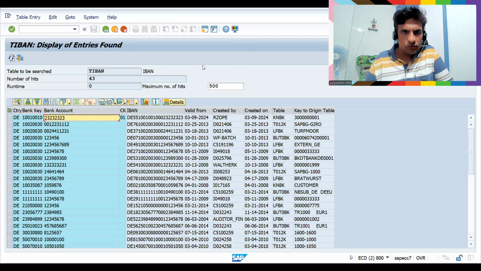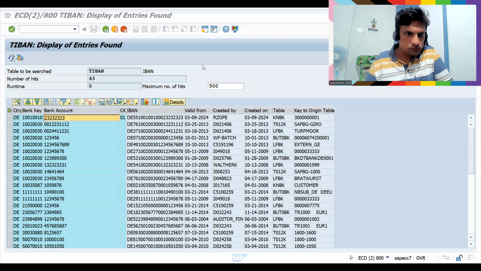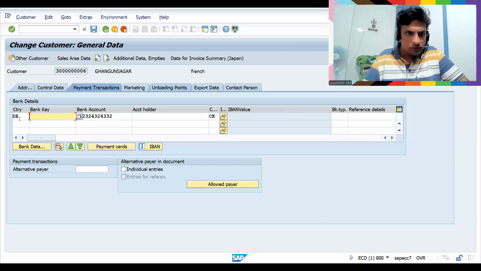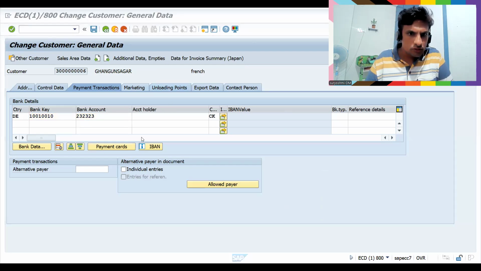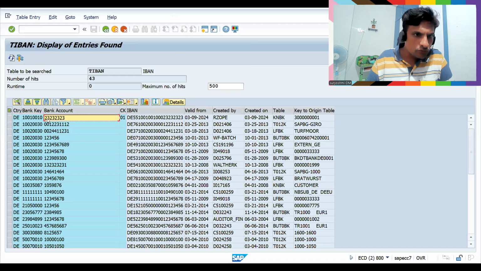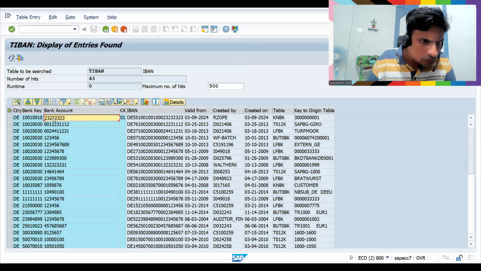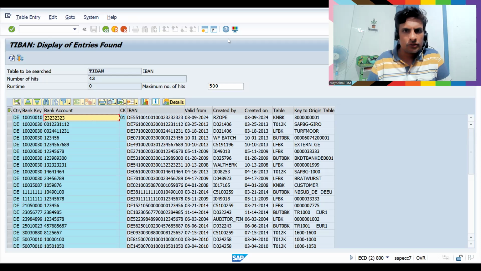Okay, so 0, 1. So the bank is something different. 100, 100, 10. This is 2323, 23. Let's check. Why is it not copying properly? I don't know. So this is 1, 2, 3, 4, four times.